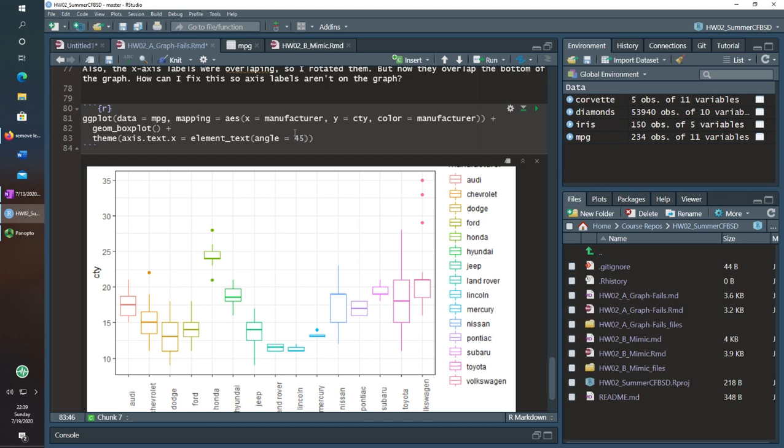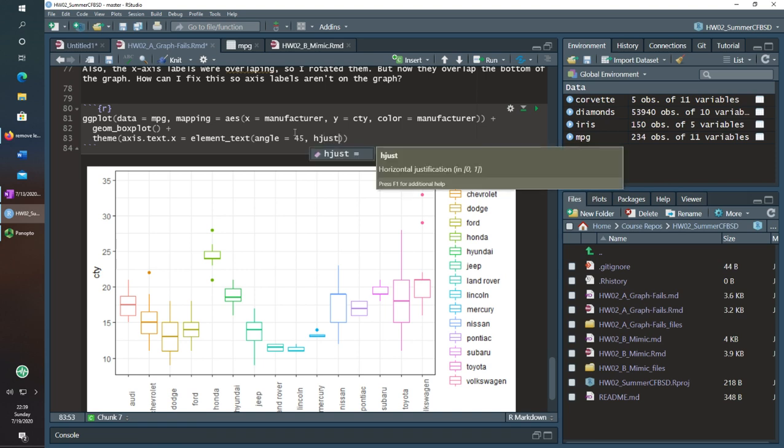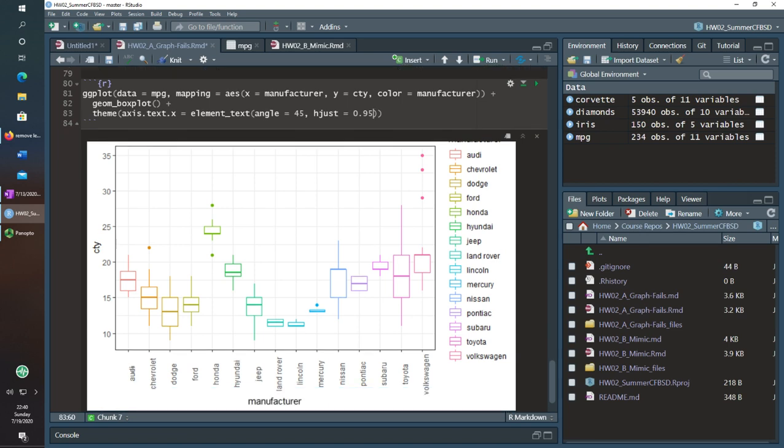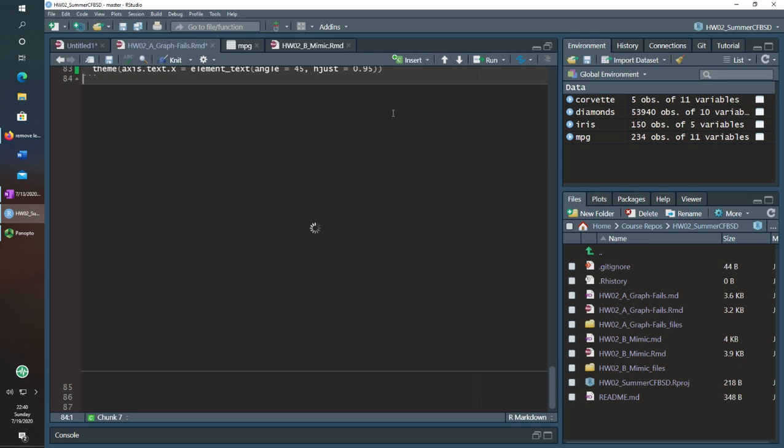So if I wanted to go on an angle again, what I want to do is say, yes, angle at 45 degrees, but adjust where that default level is. So I need to adjust the horizontal position. This is also one of those that is a 0 to 1, a sort of percentage. So I want to go to the 95% place of the text and put that as the center, or the value that goes right underneath it. So I'm going to do 0.95. 1 would be fine, though I like 0.95 because it makes it a little bit closer.